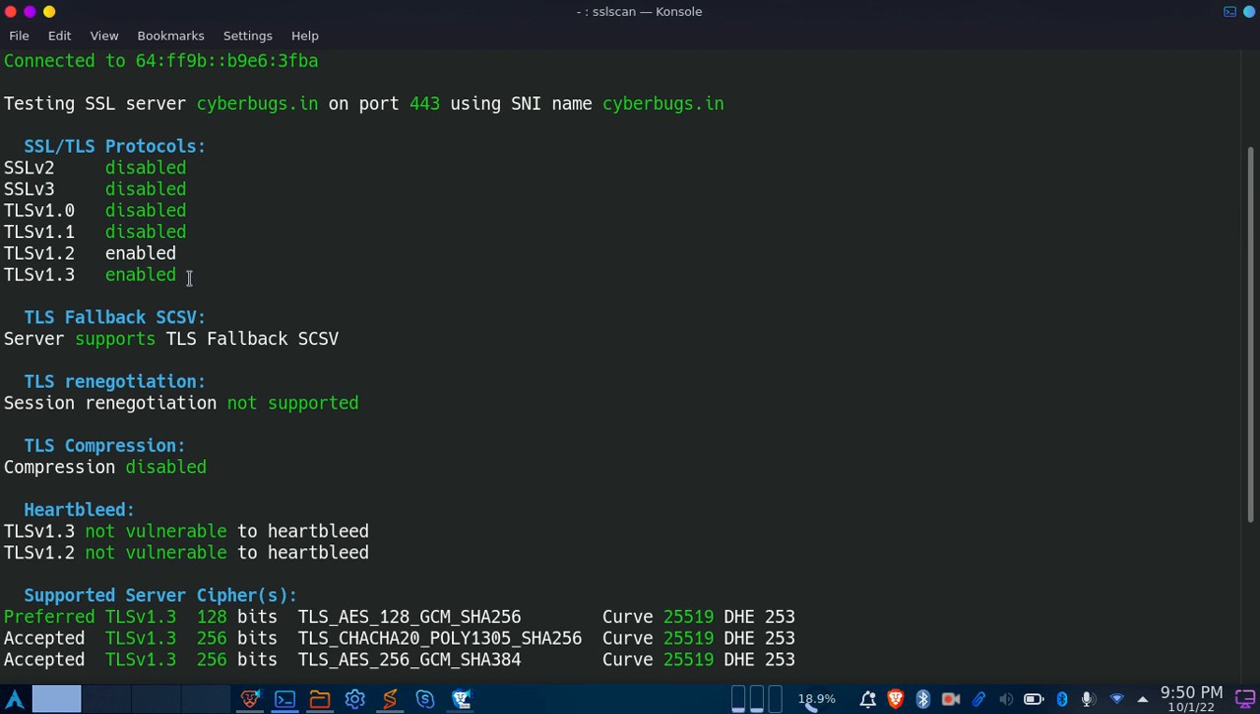Because if SSL version 3 is disabled, it makes the communication secure, and it affects my website's server communication. There are no issues if SSL version 3 is disabled, because I enabled TLS version 1.3. Okay, if you can check this,